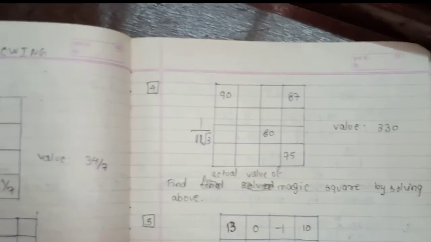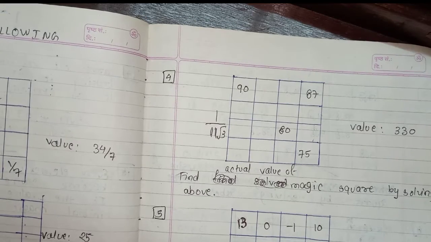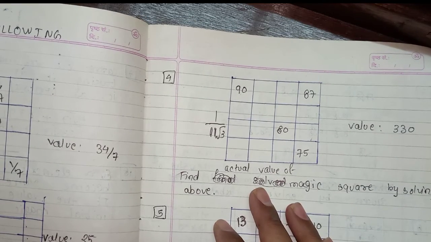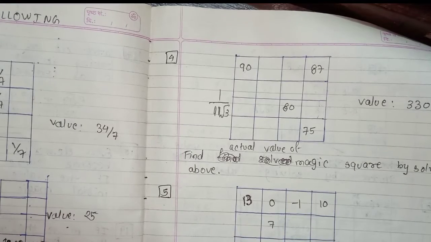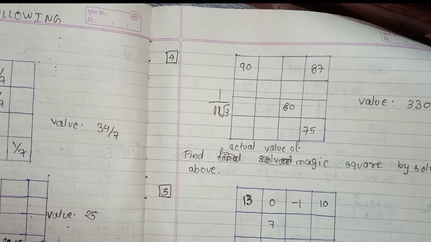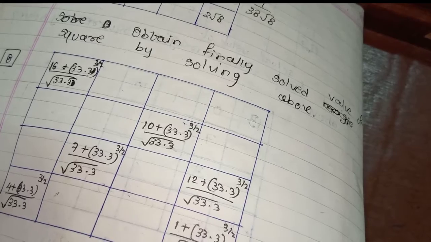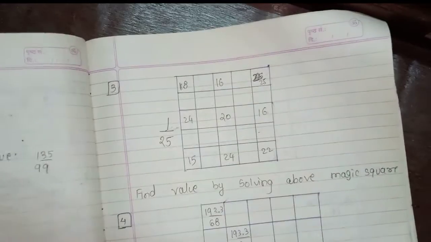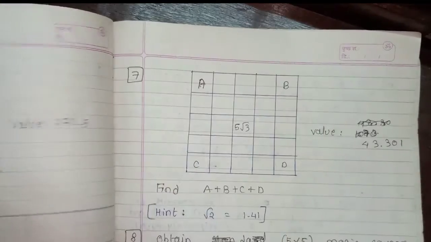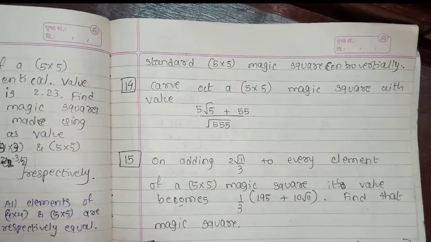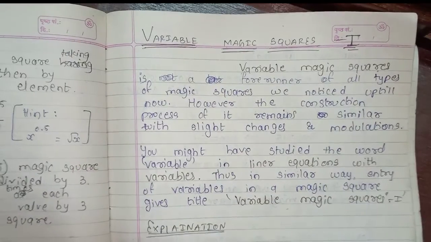Then proceeding further, again 4 by 4. So basically there are different types of magic squares with all possibilities: number magic squares, 3 by 3, 4 by 4, 5 by 5. Then fractional magic squares, also 3 by 3, 4 by 4, 5 by 5. See, I have taken this type of question here too, question number 8, which involves powers and exponents along with conjugate surds. And now I think it is 5 by 5 for the fractional magic square. Fraction and decimal are actually one and the same thing, so that is why I have taken it.